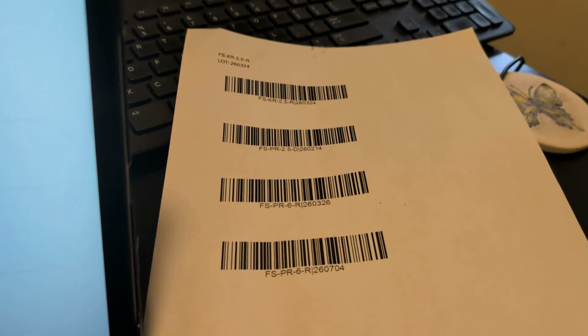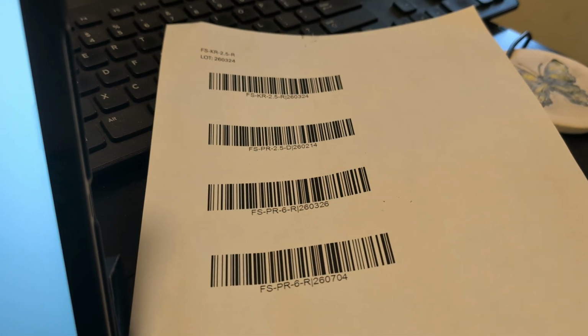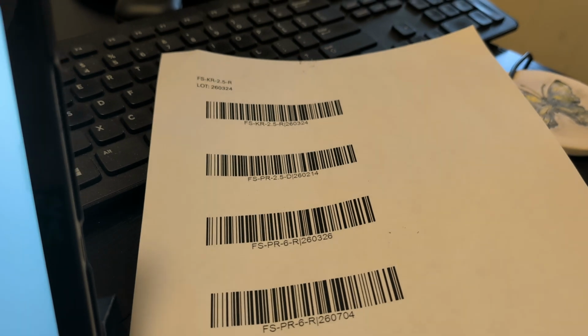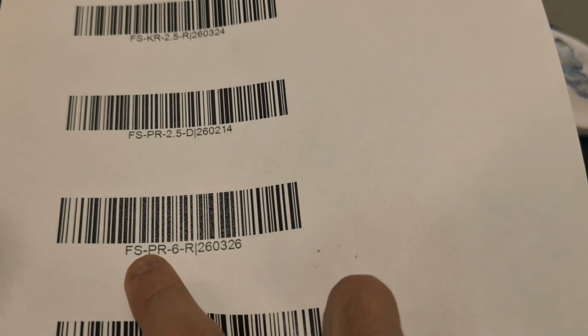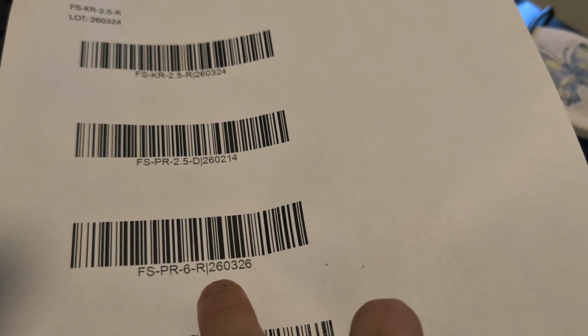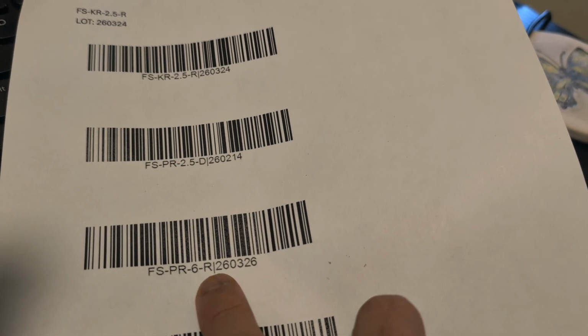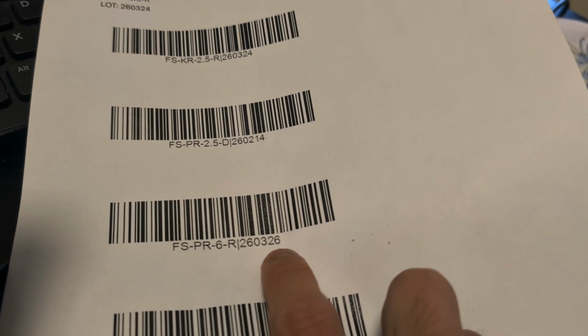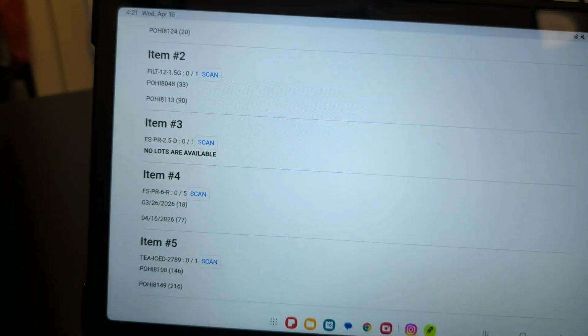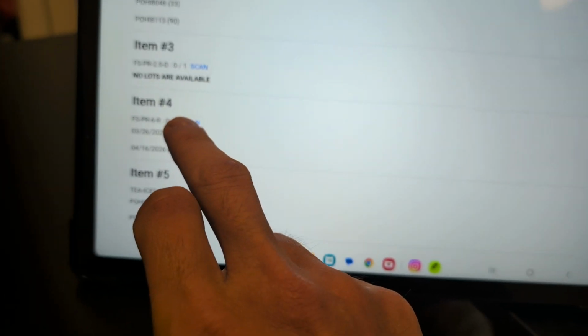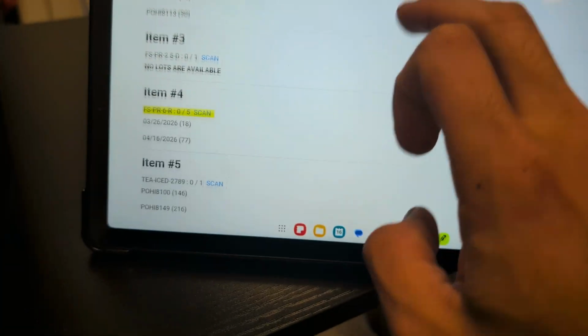These barcodes are Code 128 format. They're basically the full name of the product, and this straight horizontal line delimiter separates the lot corresponding to NetSuite. So in order for me to scan the item, I would press this button here, scan,